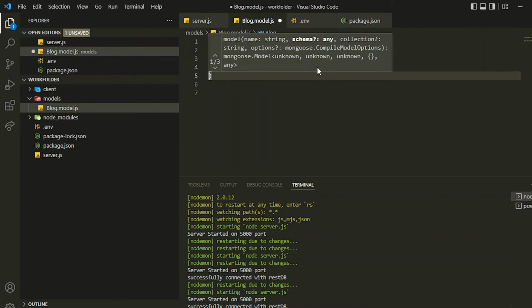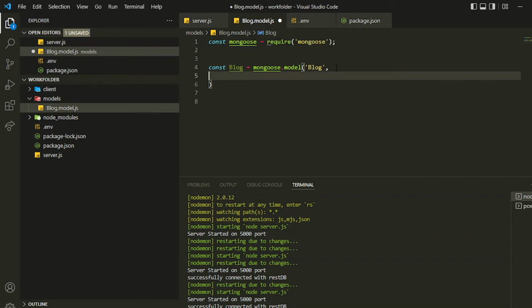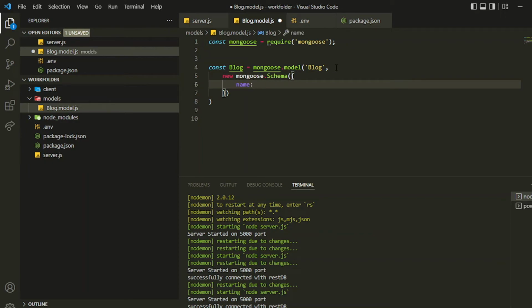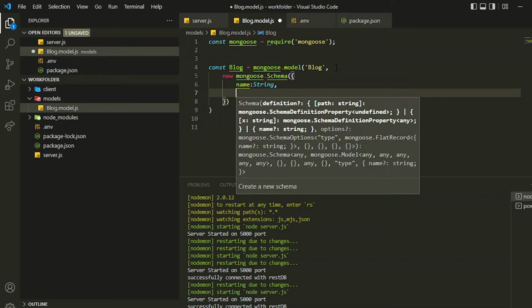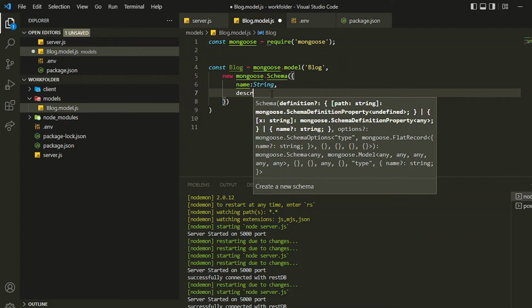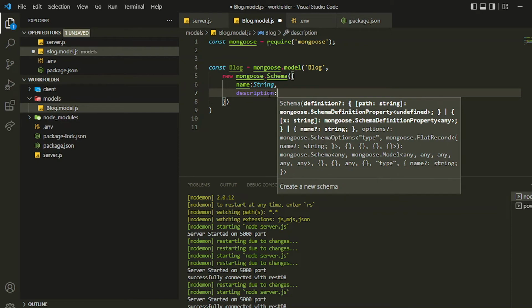So for creating a schema, you just need to use Mongoose again, new mongoose.Schema. Inside this, in the curly brackets, you can specify the fields, for example, name, and then the type of the data which you will be storing inside that field. So I'll be storing this name field. Inside that I'll be storing a string type of data. You can also use number and other data types as well, but I'll be using string in this case. And the other one I will be using string for description,